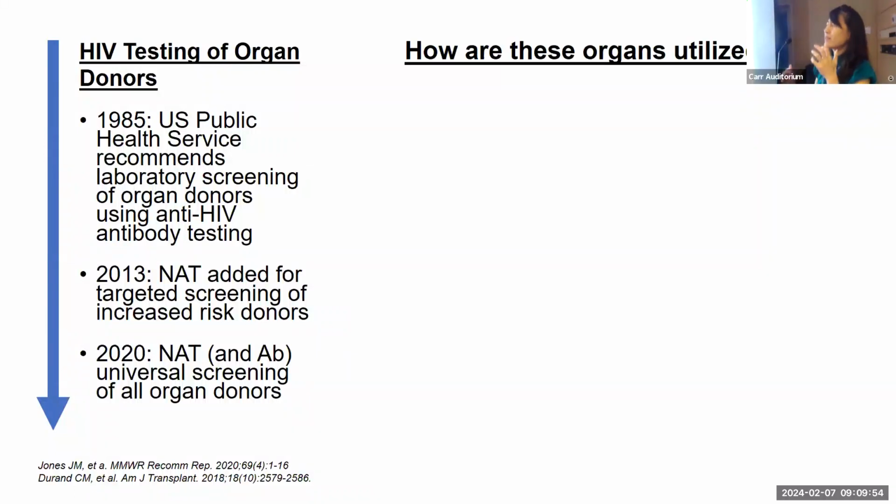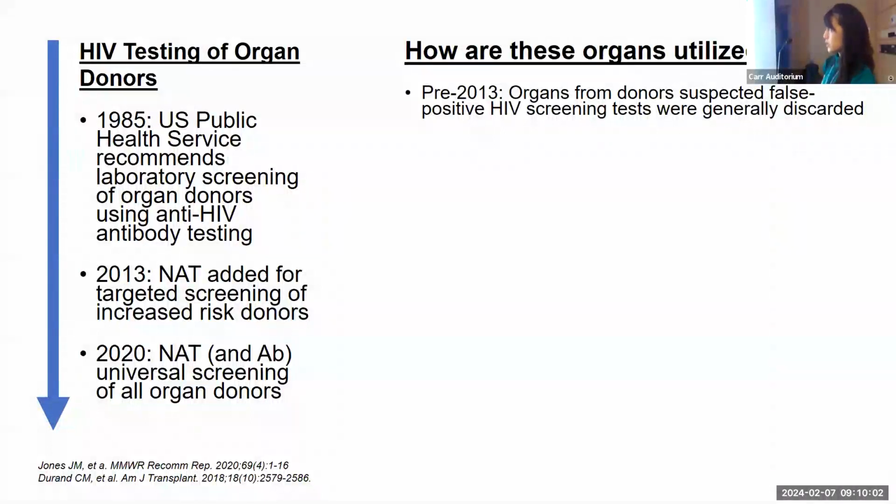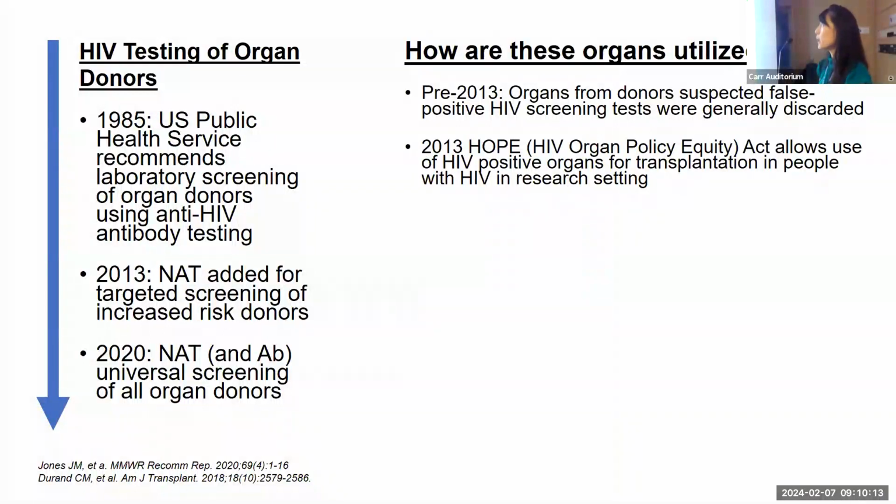Well, in the context of this testing, how are these organs utilized? So organ donors who have positive HIV testing, what happens with them? Pre-2013, pretty much organs from donors, even with suspected false positive, were just discarded or not utilized at all. And then in 2013, the HOPE Act was signed into action. The HIV Organ Policy Equity Act